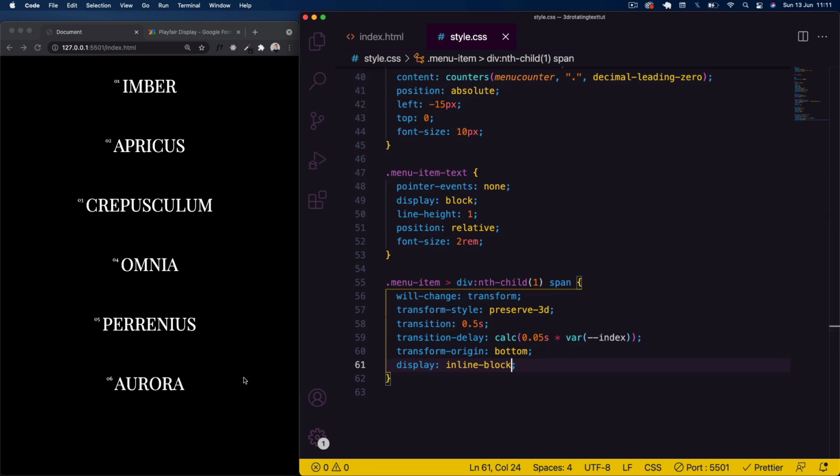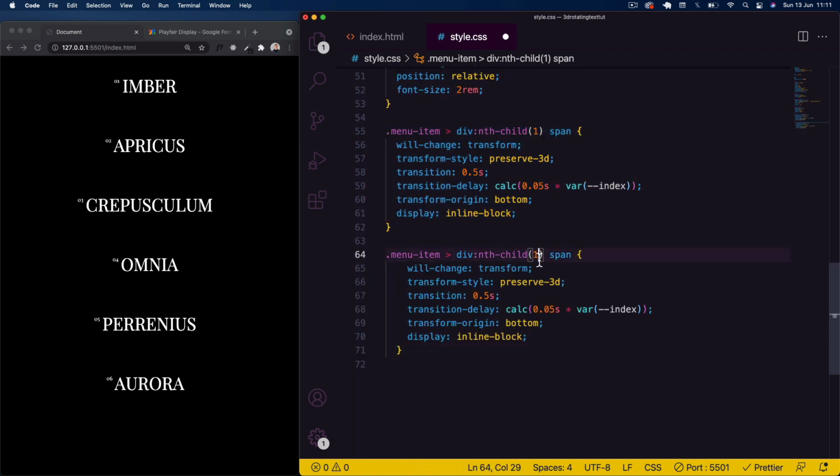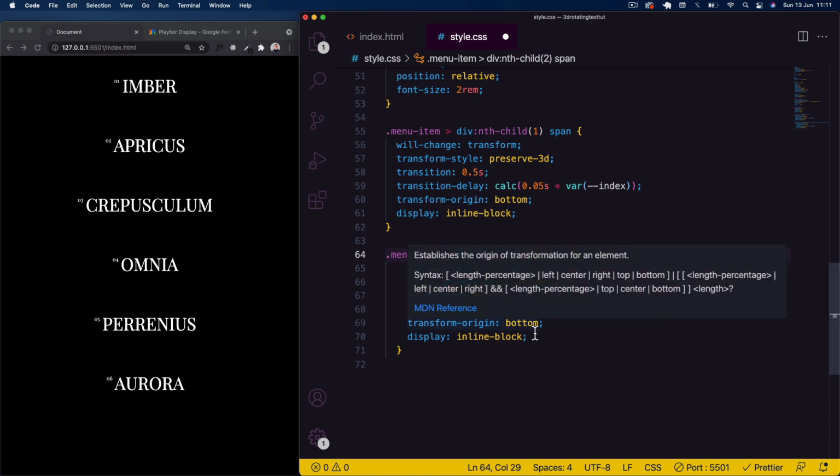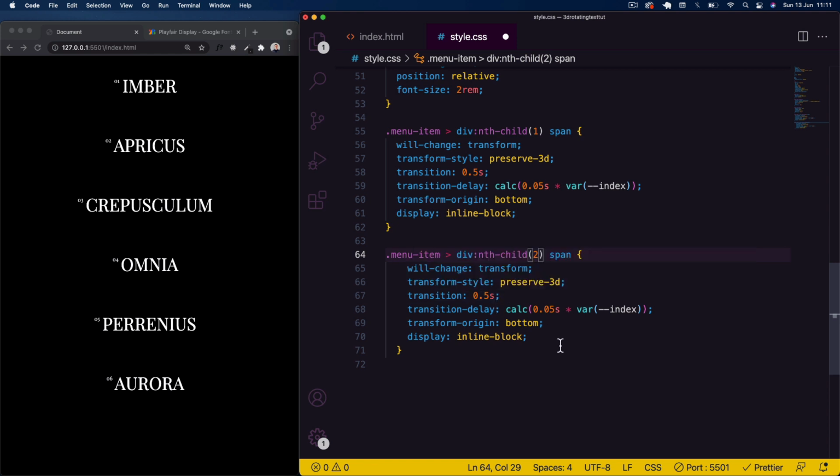Now, underneath this, I'm just going to add a similar thing for our second div. This is going to be the cloned div that we're going to be cloning with JavaScript. Again, we want to set all these settings the same, really. The transform-origin now has got to be top. Okay, so change that to top, and then